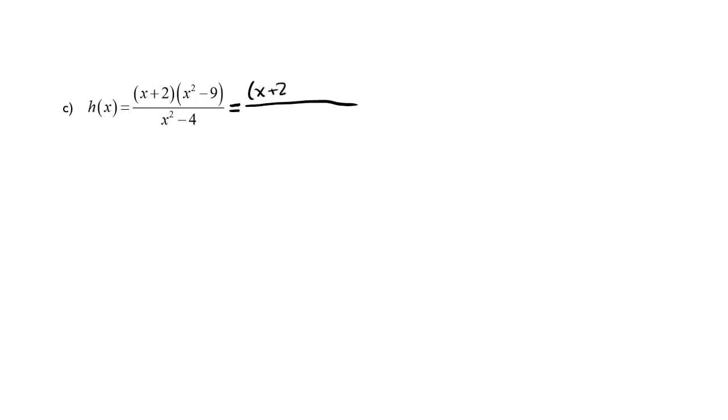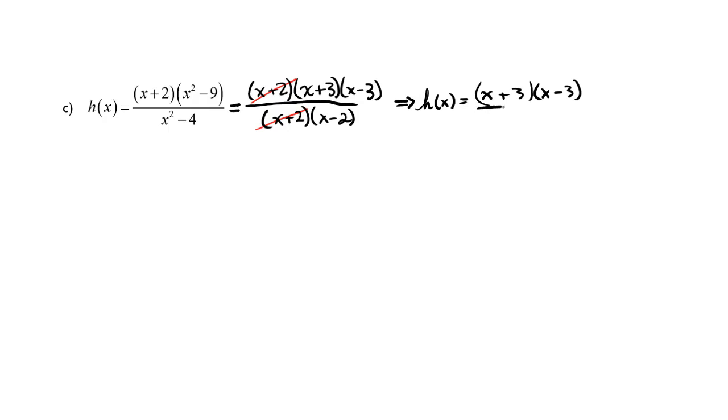This will give me (x plus 2) times (x plus 3) times (x minus 3) all over (x plus 2) times (x minus 2). Dividing out the common factor, which will give me a removable discontinuity, I will now have the function h of x equals (x plus 3) times (x minus 3) all over (x minus 2), where there is a hole at